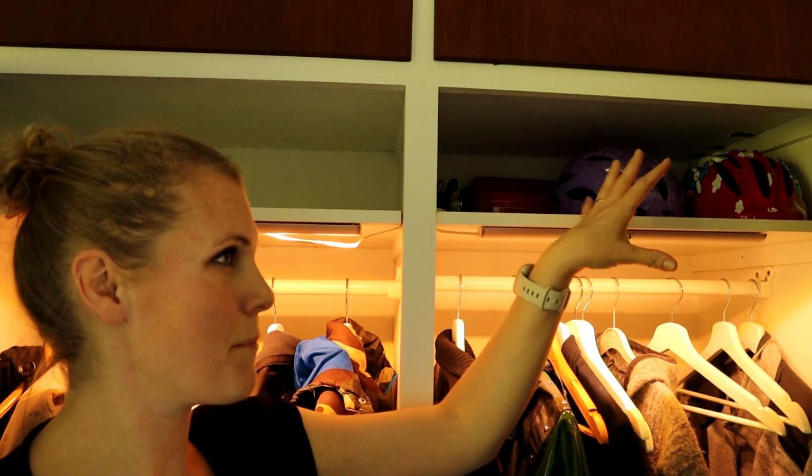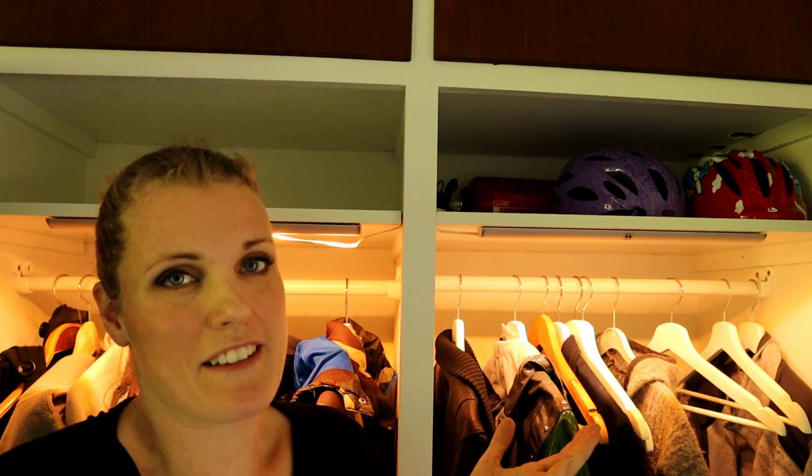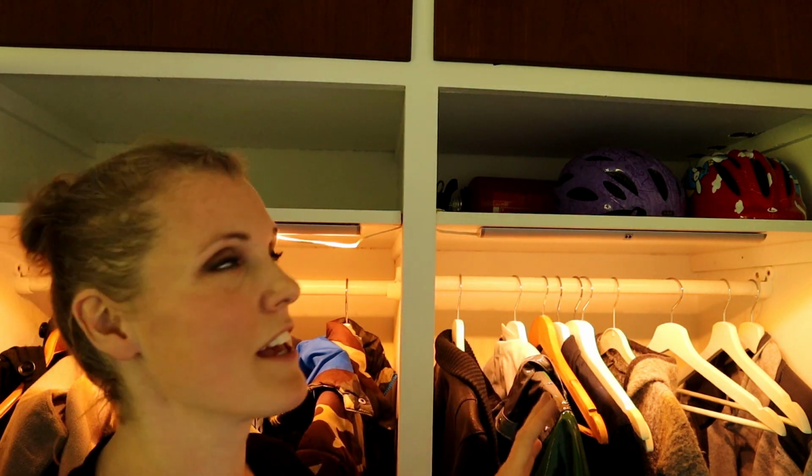Up here we have bike helmets. That's what I kept there before. I'll keep that, it makes sense. Marcus and Emilia can reach it. The other kids can't, so that's fine. They can reach their helmets. Over here,